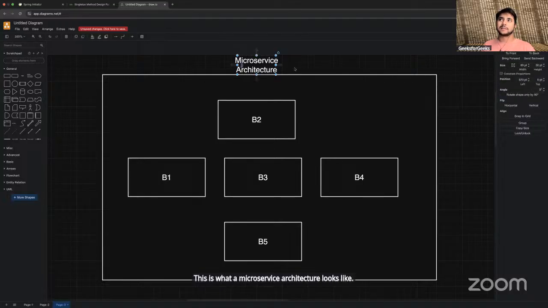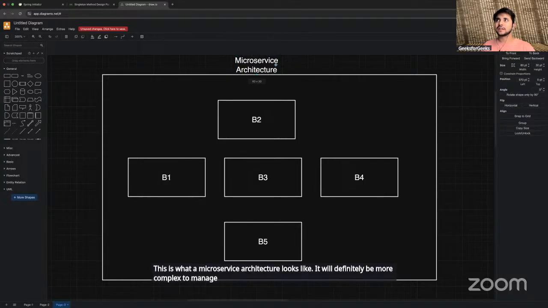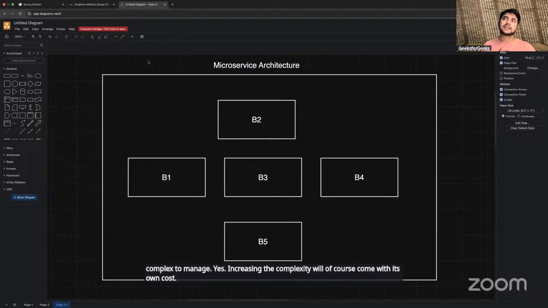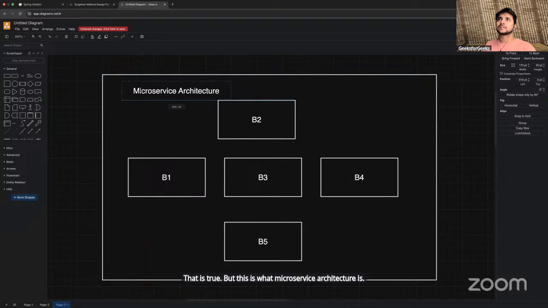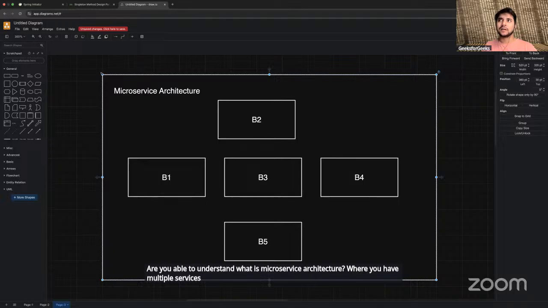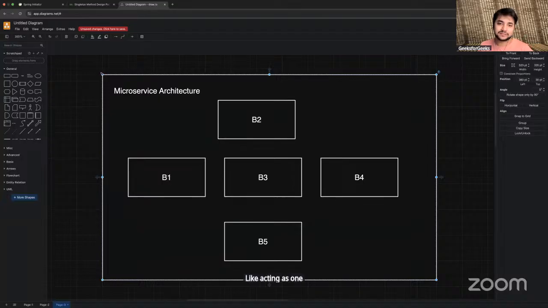It will definitely be more complex to manage, yes. Increasing the complexity will, of course, come with its own cost. That is true. But this is what microservice architecture is. Are you able to understand what microservice architecture is? You have multiple services that are together acting as one application.